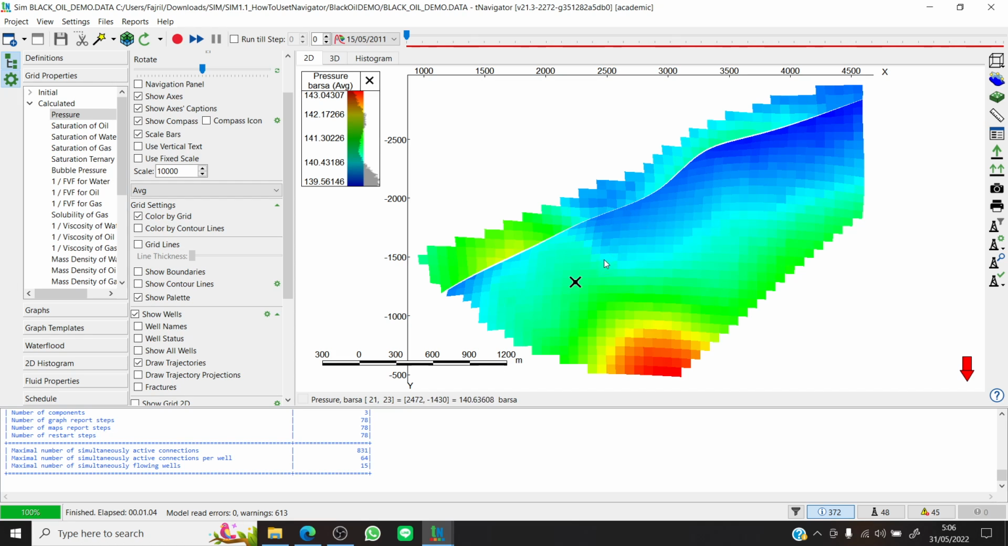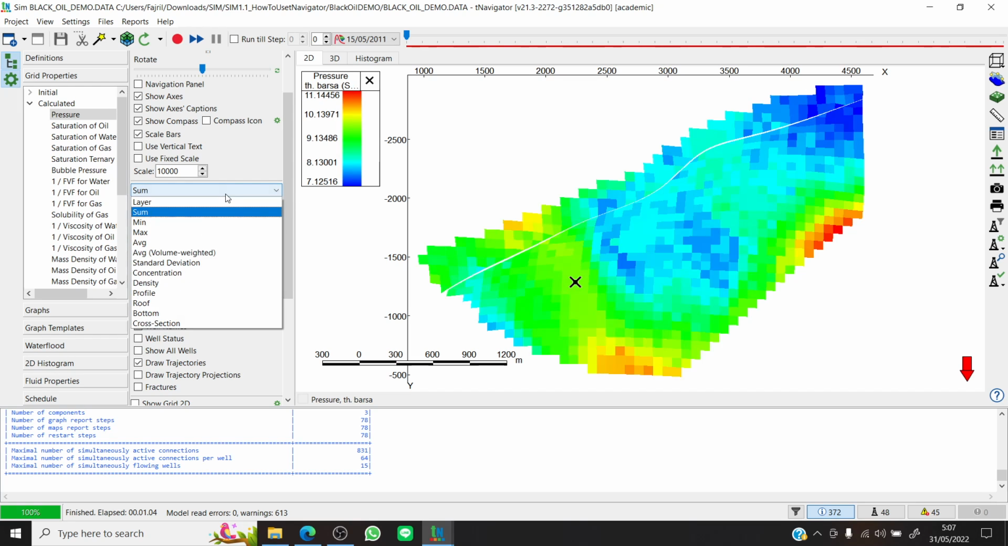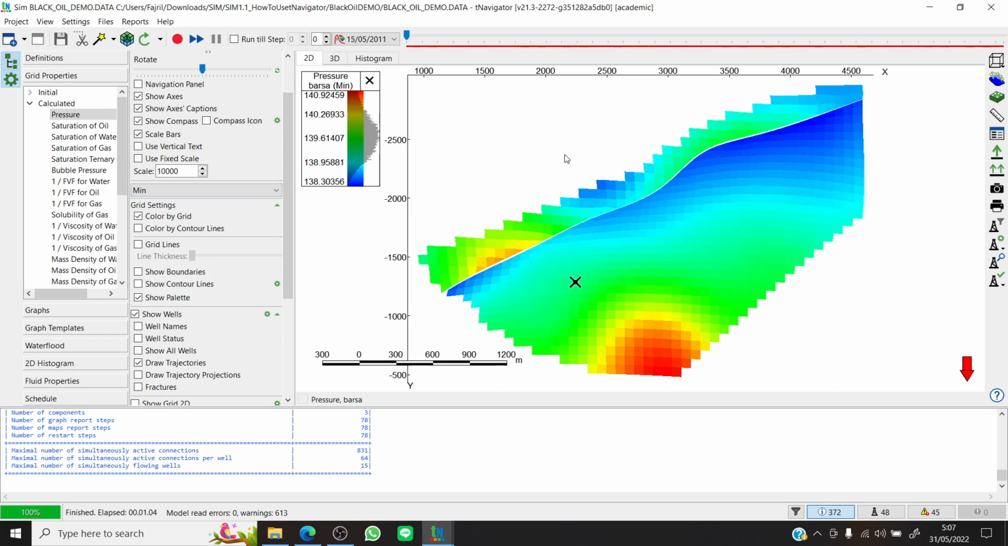Okay, so we will continue the tutorial. This time we will use the 2D grid. As I mentioned before, for the 2D we can select which type of visualizations. For example, this is the minimum pressure,